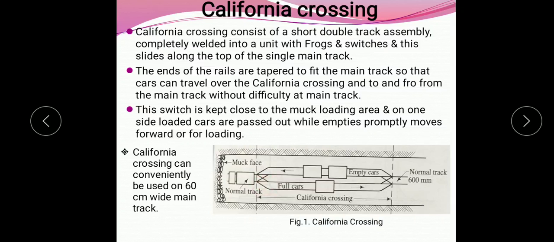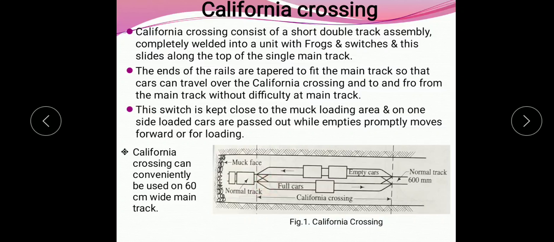This switch is kept close to the muck loading area, and on one side loaded cars are passed out while empty cars promptly move forward for loading. So this California crossing can conveniently be used on a 60 centimeter wide main track.